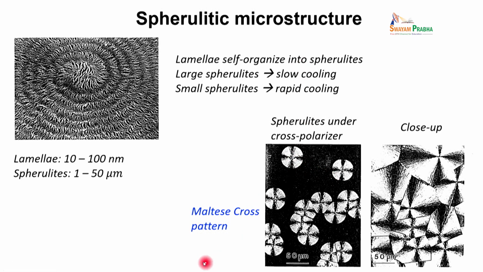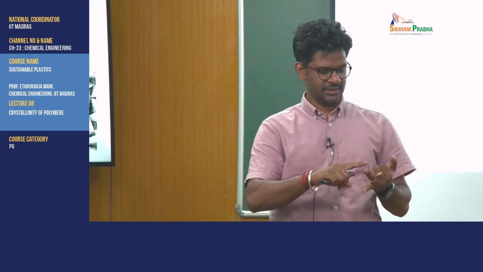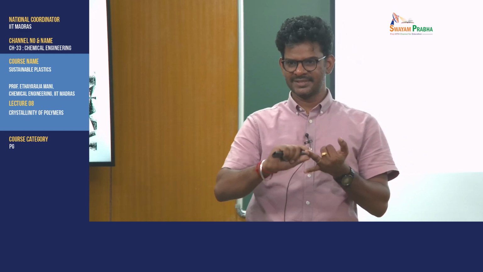If you zoom in further, you will see these kinds of crystal domains. This is one crystal forming a crystal domain, and there is another crystal. You can see many such polymer crystals crisscrossing each other. So, what are we talking about? Individual polymer chains. The first structure they form is this lamellae, which is a thin